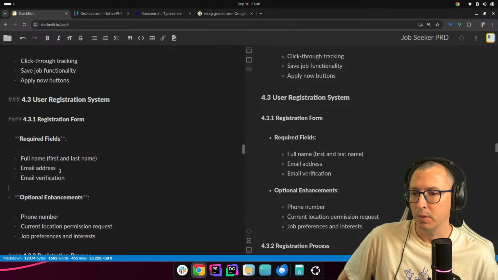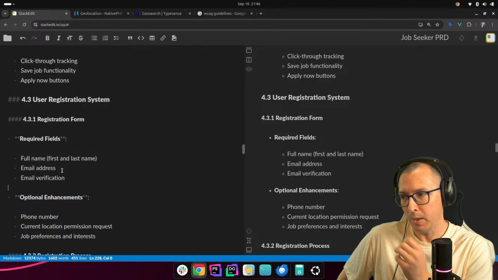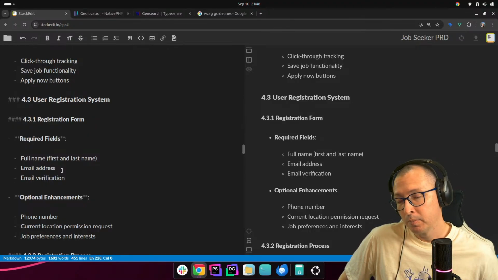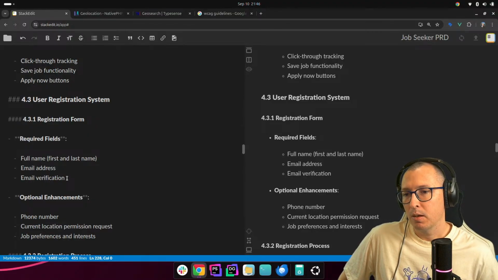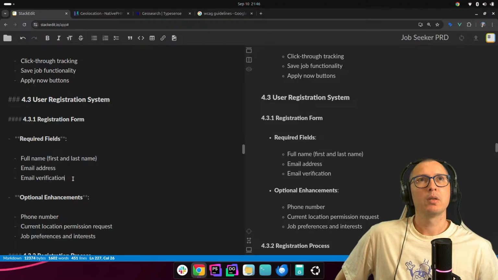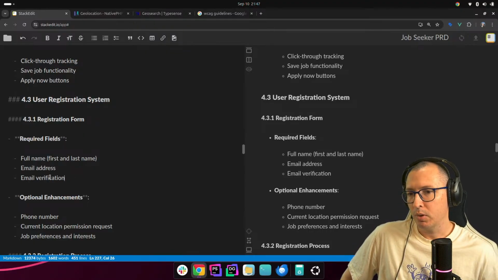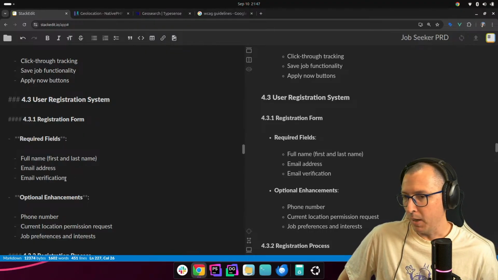First name, last name, and email? Or do you prefer to use login with Google? And then we can have all of that data back. Email verification only required if you are doing manual login with email address.